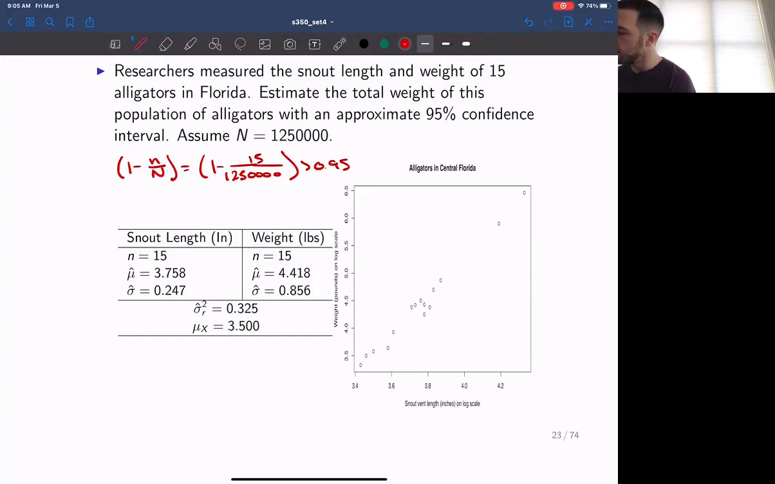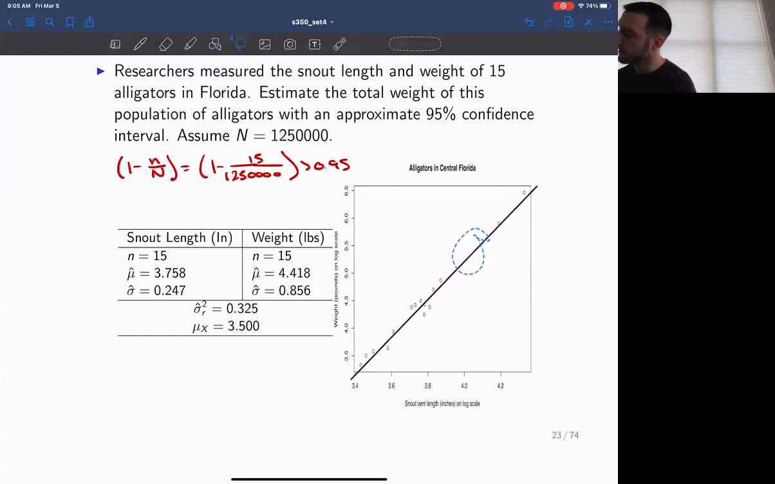Now we're using ratio estimation, so we do require that the variable of interest, which is the weight of the alligator, and the auxiliary variable, which is the snout length of the alligator, are correlated. So if we consider the scatter plot that's given on slide 23, and we sketch a straight line through this data,